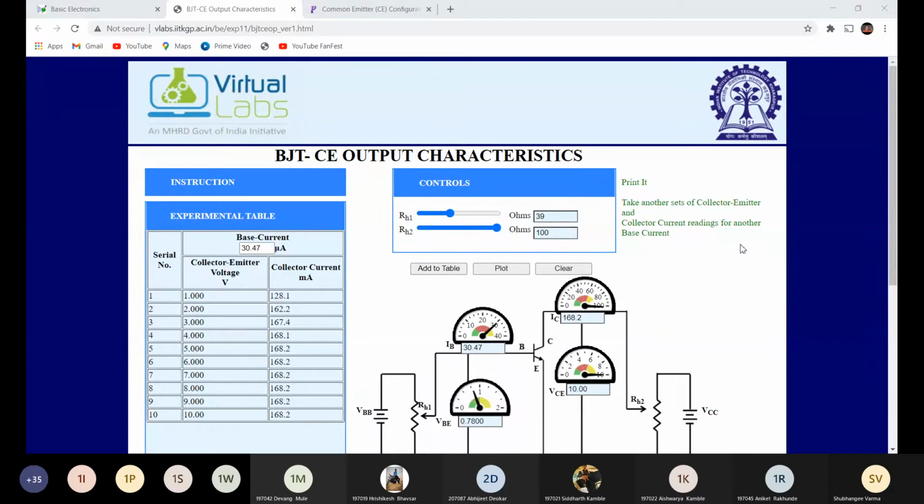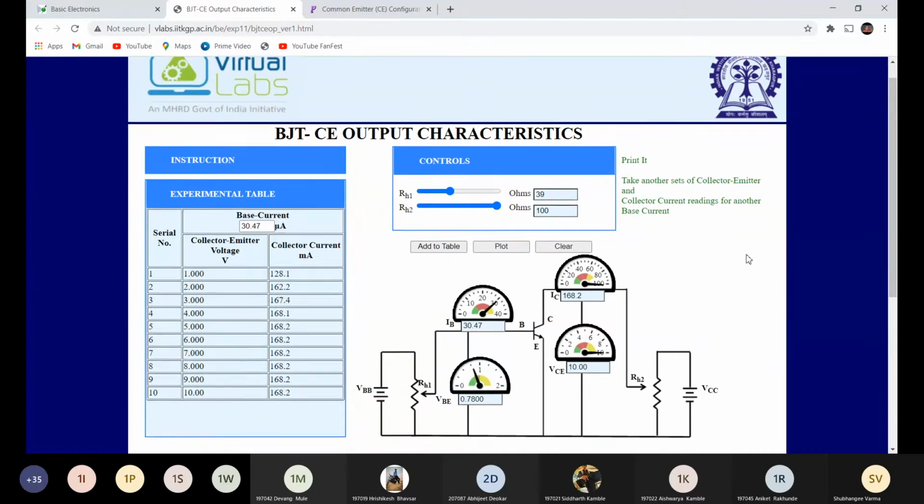So here we have performed the input and output characteristic of CE configuration. Yes, thank you, Mansi. Thank you, Jacinta. So in this way, you have to perform BJT CE input and output characteristic. Okay.